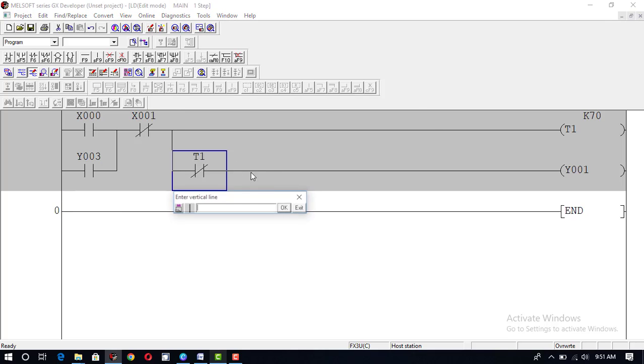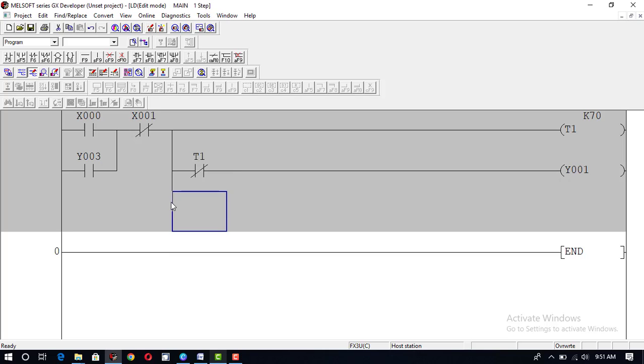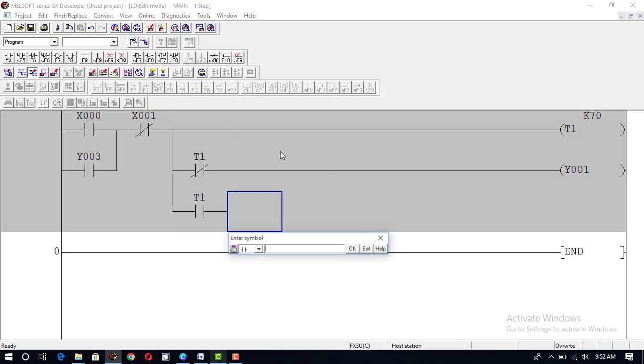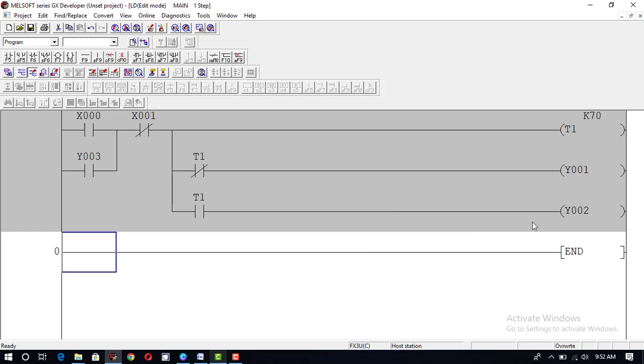Again I draw a line here and take the normally open contact of timer T1 and an output Y2. This is the delta connection of the motor. Y1 is star, Y2 is delta,